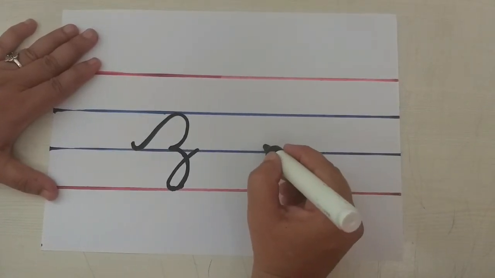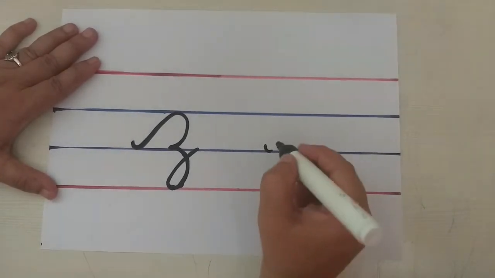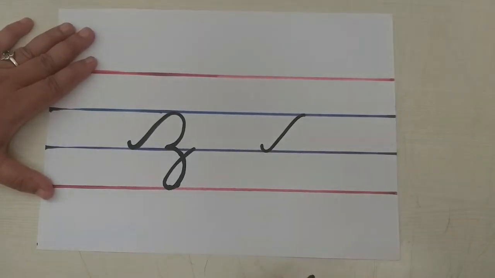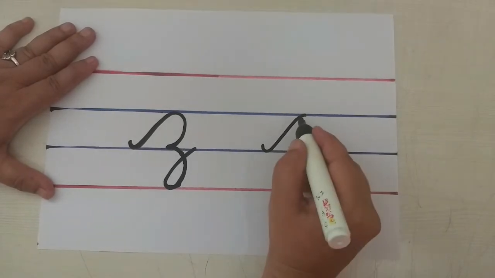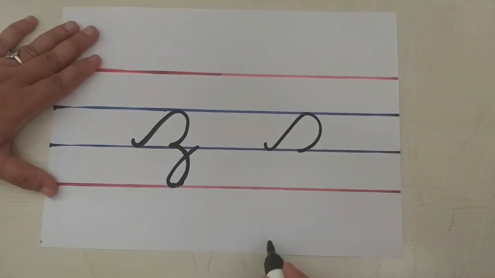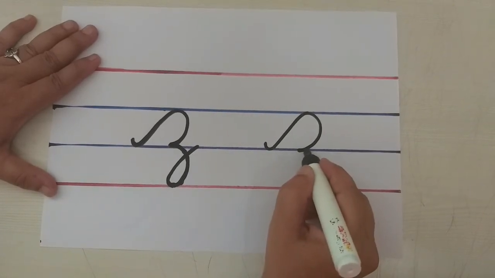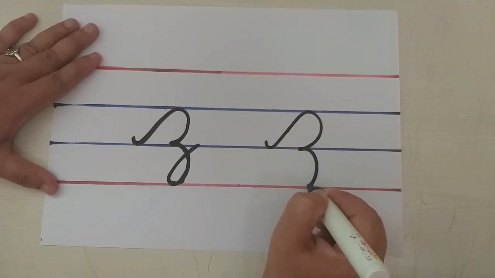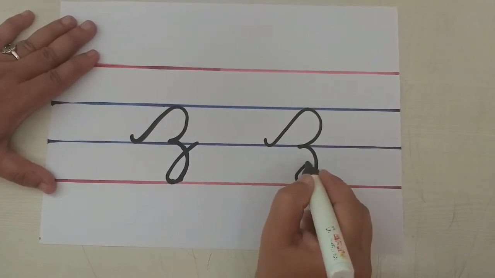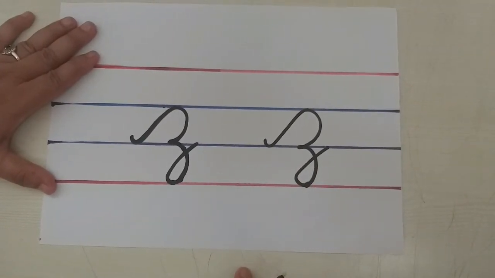Yes. Take a small curve. Go up to the second blue line. Up, children, like slanting line. Now make a half curve, children. Half curve. Okay. Again come down to the fourth red line. Down, children. You have to come down. Okay. Now take a turn and go and join this third blue line.